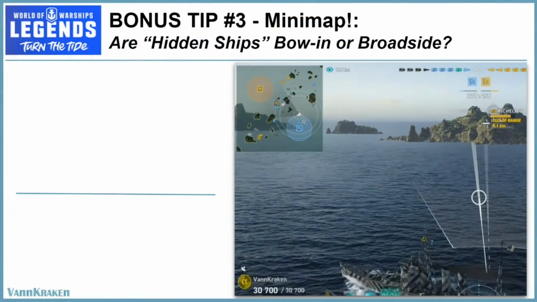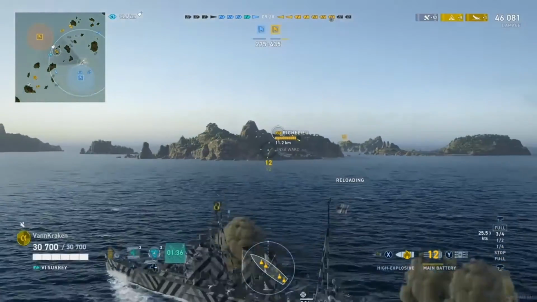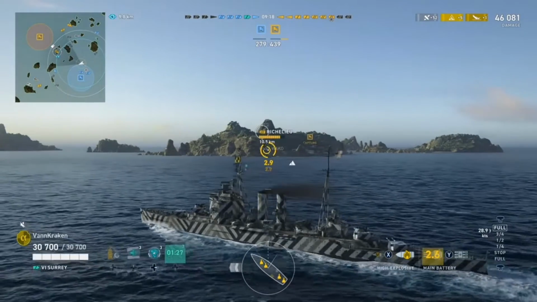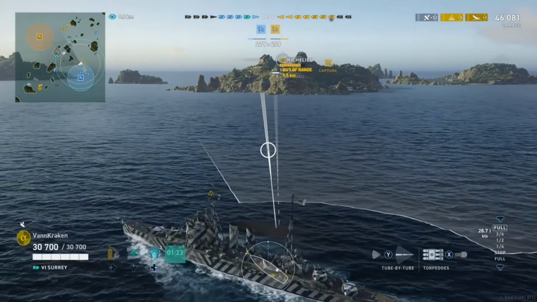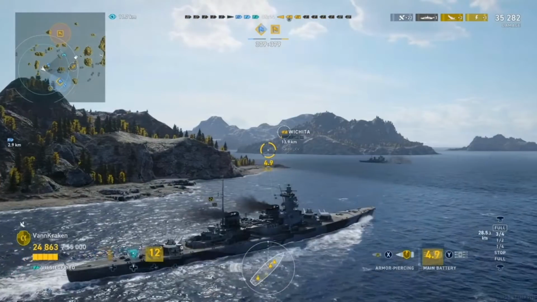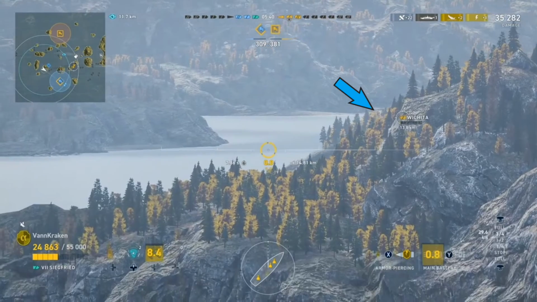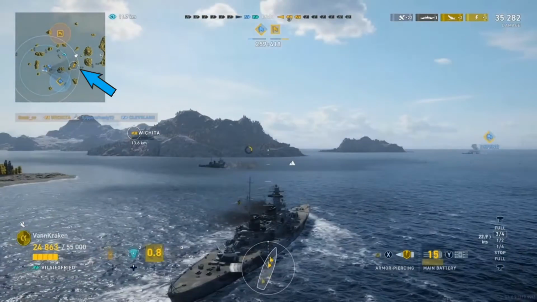Our final bonus tip is for extra credit and helps set up more accurate shots for these pesky hidden ships like HE spamming cruisers that like to hug islands, when used either with the target range indicator or torpedo lead indicator. When spotted ships are blocked from our view by terrain, we can't tell by looking at the ship's icon whether they are sitting in a bow-in or broadside orientation,